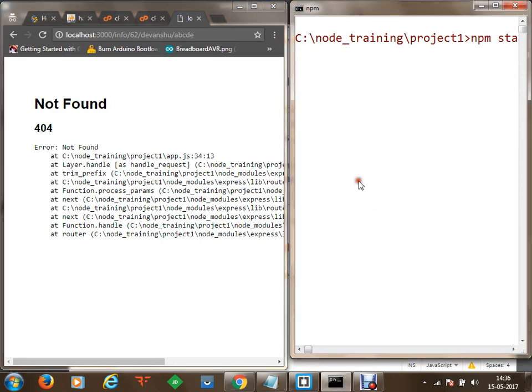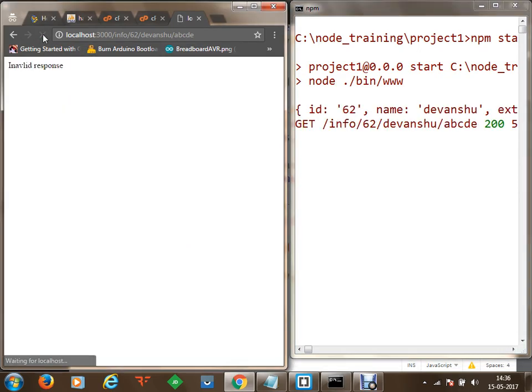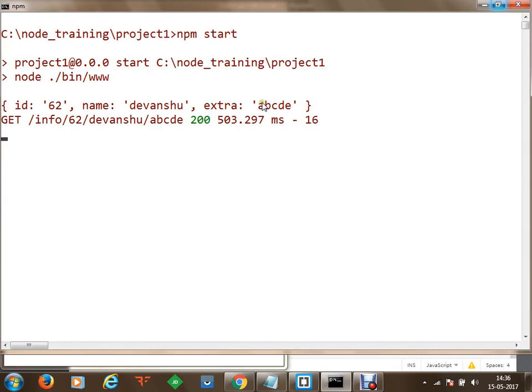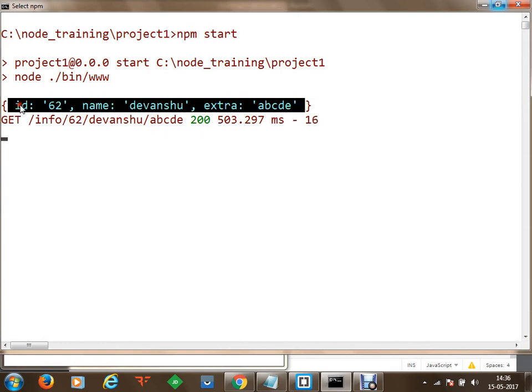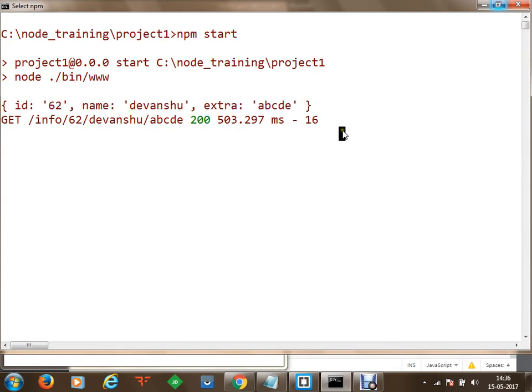So now we have started our npm to start our project on Node. Once the project runs successfully, we are going to test the code. Our server is listening, and if we refresh this time, you see this is a correct code because now we have got these 3 parameters. ABCD is now received within the third property. So this is how we can receive as many properties as we want.